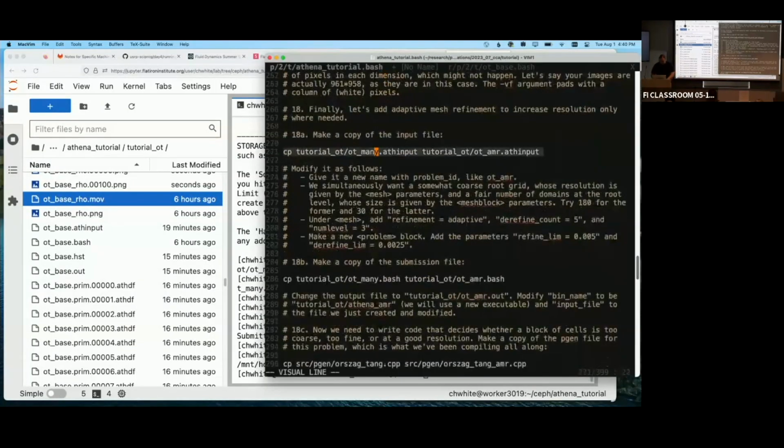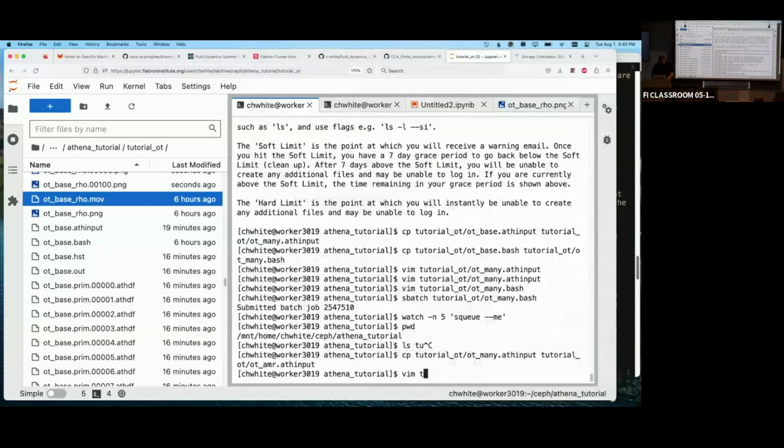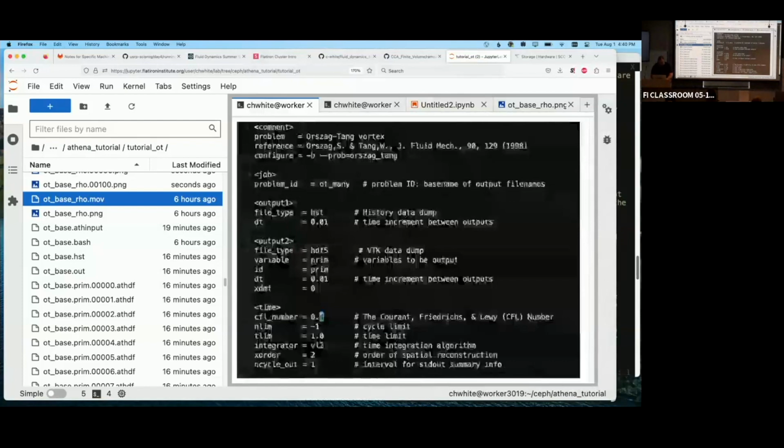So I just made a copy of the input file, and I made an AMR.athinput file. And what did I say? I said, we'll change